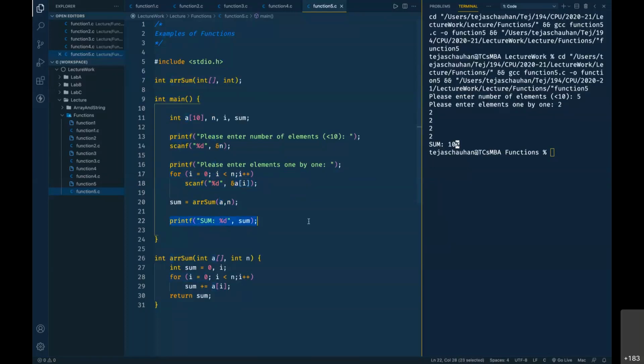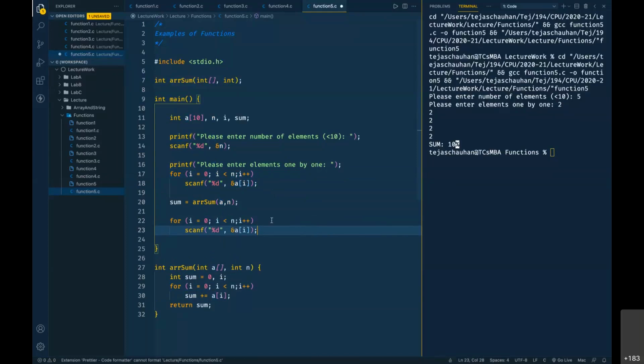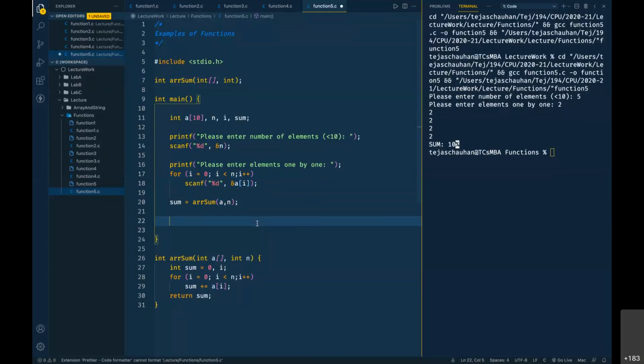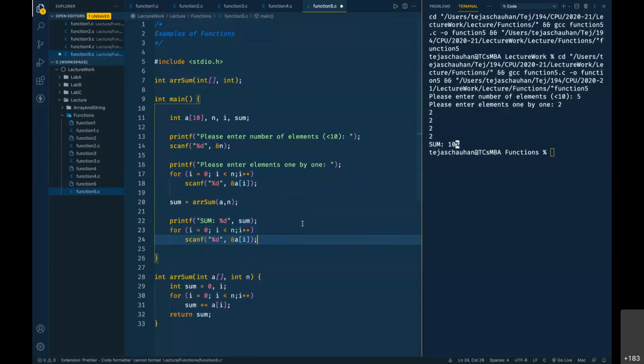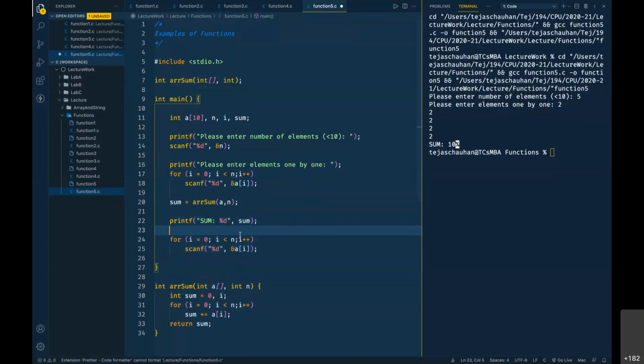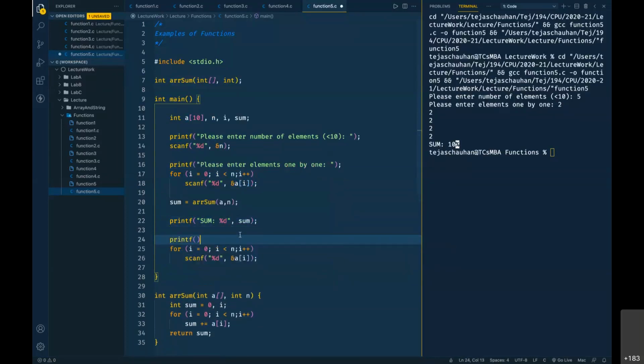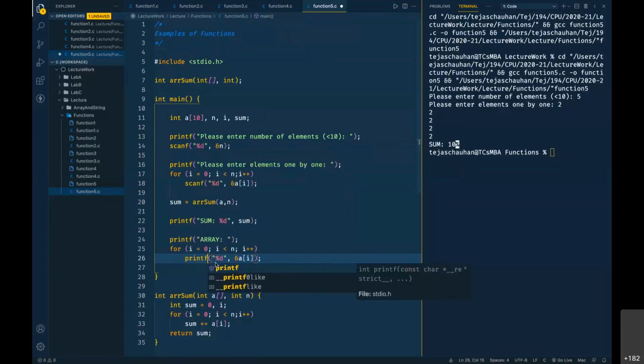Instead of sum, forget about sum, or let's have both. After sum, let me print the entire array, okay? And we are going to print it with %d and space.